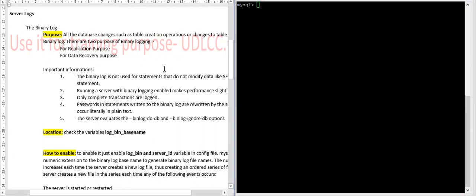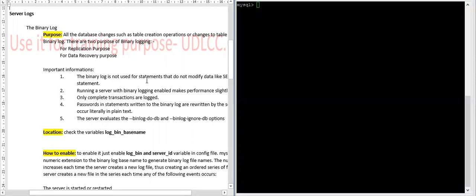So any changes that you make to your database, like insert operation, delete operation, update statement, all will be logged to your binary log if it is enabled. So what is the purpose of this binary log? Broadly, there are two purposes. First, to maintain your replication, and second, to recover your database when we do point in time recovery.